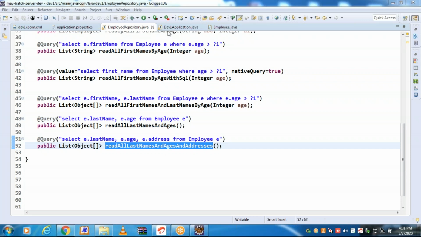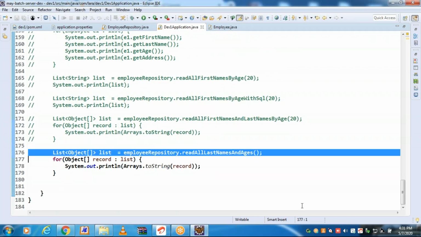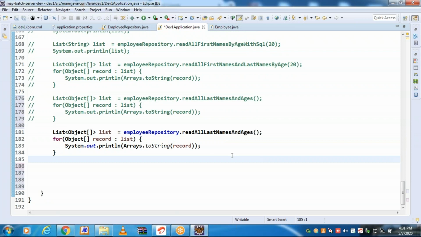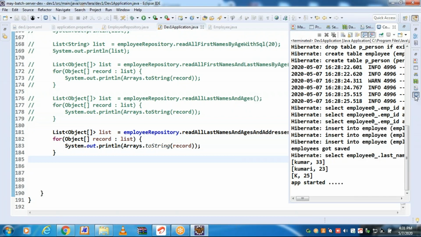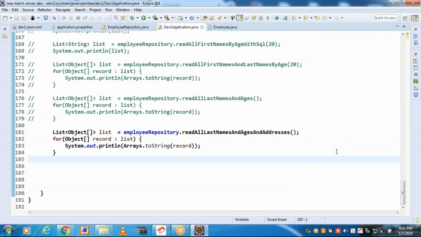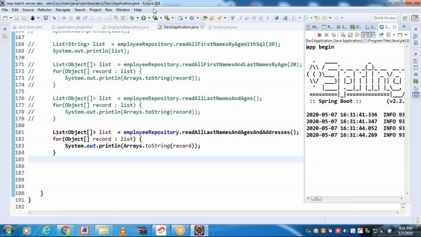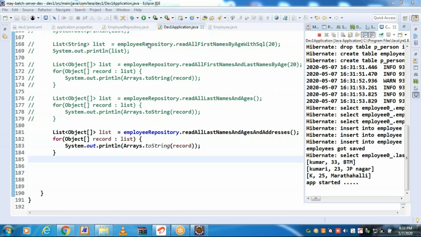Come to the application class. Run it. So here we are reading 3 fields.